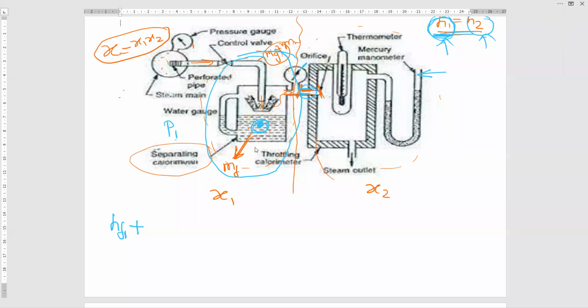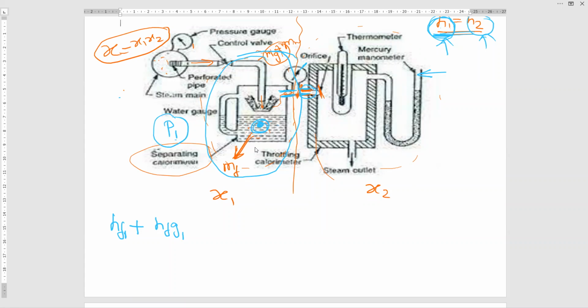Now some gases, after separating water and steam, the steam is going to the next level here. Whether gas is going or mixture is going to the next level, here it is a mixture, it is going. Understood? So I will write it HFG, at what pressure? First pressure, P1, because it is all entire at P1 pressure.